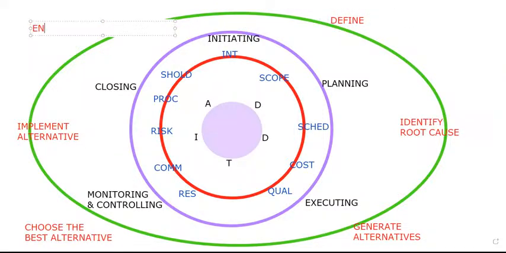So ensure or verify solution effectiveness. And it's kind of like having a second check to make sure you're on the right path, okay? This is a method you can use to answer questions on your exam, okay? You have the layers of the process groups,